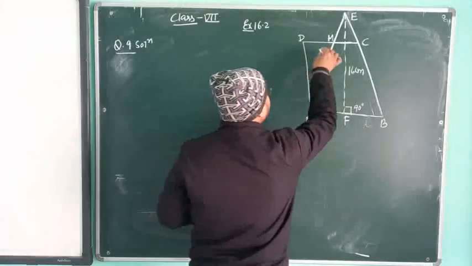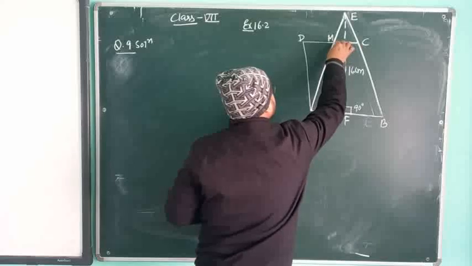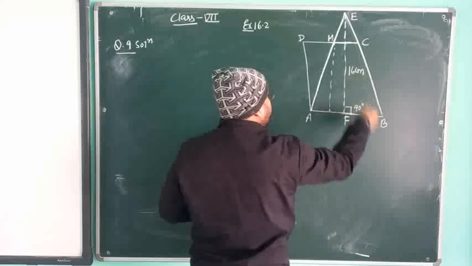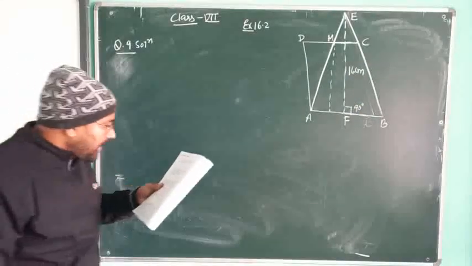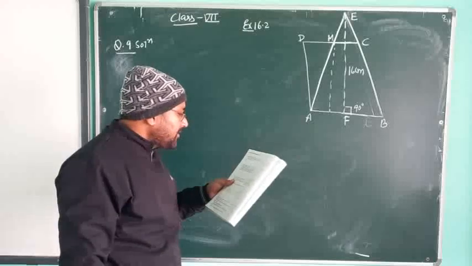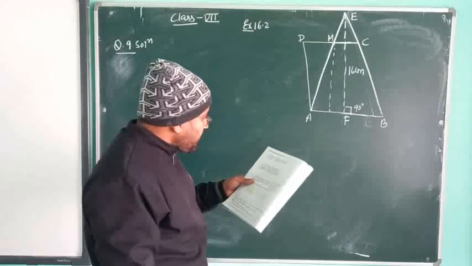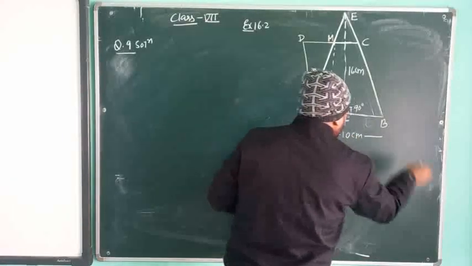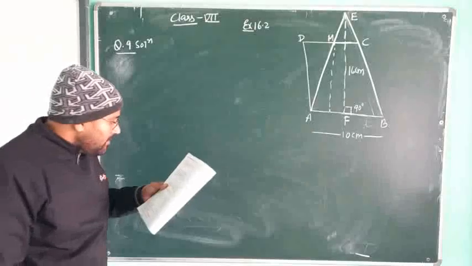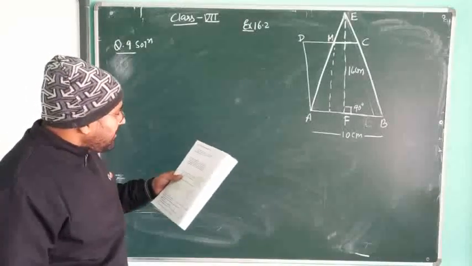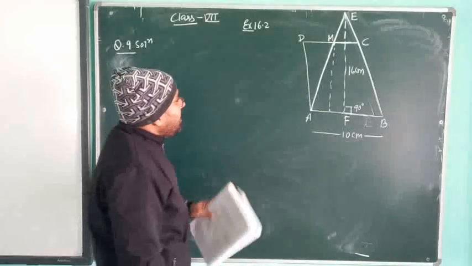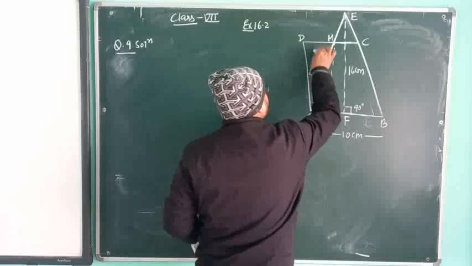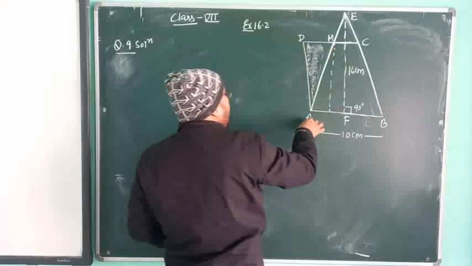We are going to find the altitude which is drawn on this one. Similarly, if you draw an altitude from this one also on the base AB, we want to find the length of the altitude of the parallelogram to the base AB of length 10 centimeter. Its base is 10 centimeter. What is the area of triangle AMD? We want to find the area of this triangle AMD.